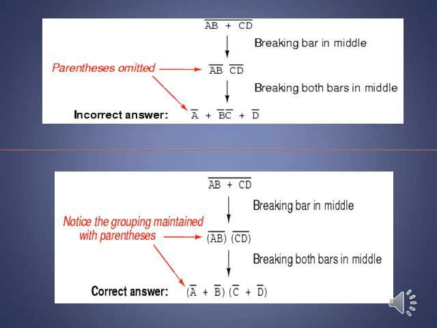Now you see, this can be corrected as follows. The given expression (AB plus CD) whole bar becomes (AB) whole bar dot (CD) whole bar. You must write the parentheses here. If you have not written the parentheses, the answer becomes wrong because you may combine B and C together. It is not like this. So AB is a term here. So once again, use De Morgan's law because it is an over bar. It becomes A bar plus B bar because of the dot here, and then dot, and C bar plus D bar. There is a parenthesis among these terms. So that is the finally simplified answer, which is the correct answer.